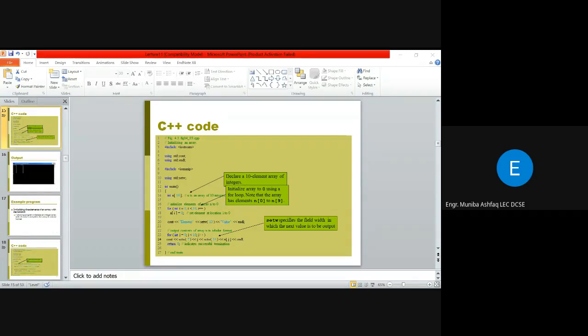And then after j you have n of j. It means that n of 0, n of 1, n of 2, whatever the value is there in these locations, right, it will be printed on the screen. So n of 0, this is the first element of array, its value is 0. As we initialized all the elements of array n with 0, so this 0 0 0 0 0 is printed